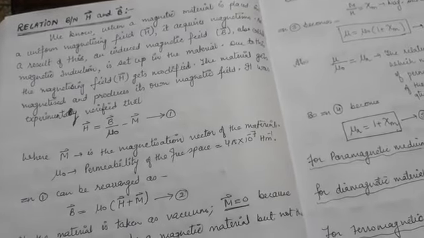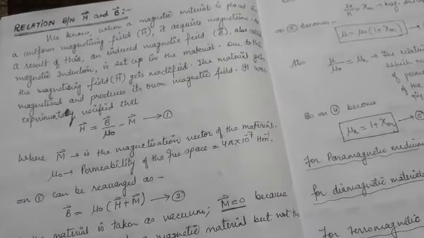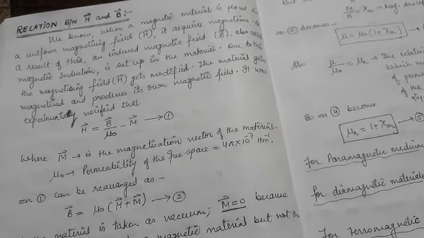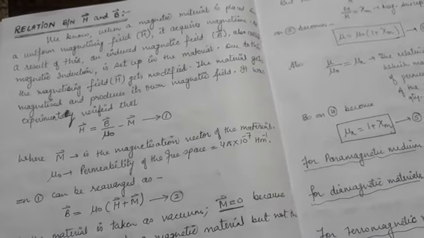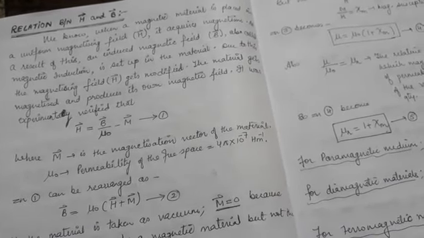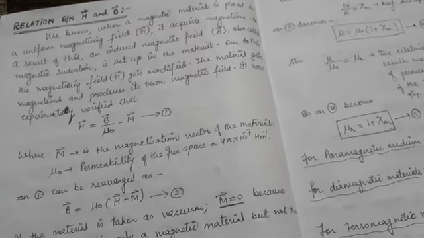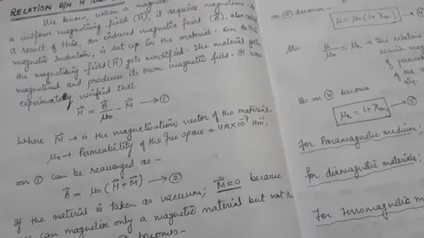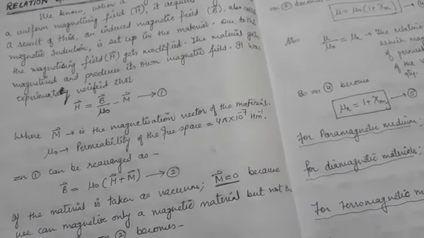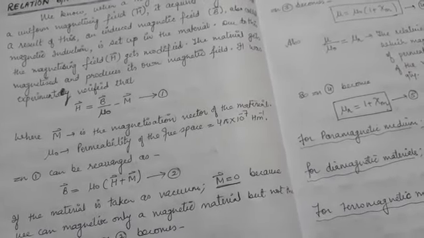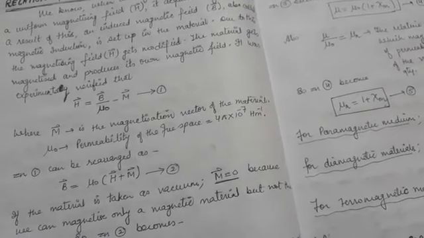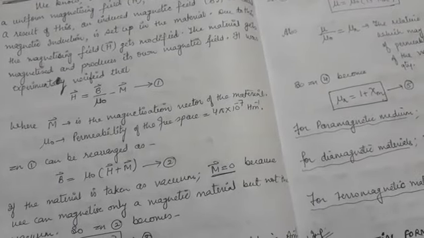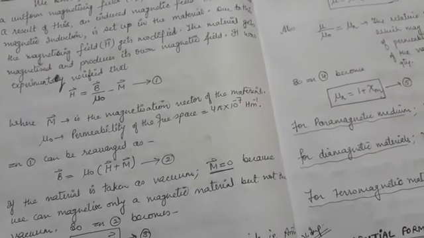So it was experimentally verified that whenever a magnetic material is placed in the external applied magnetic field H vector, the magnetic field inside and outside the material, both sides of the material, gets modified. So experimentally, the modification is given by equation number 1, that is, the magnetizing field H vector equals B vector upon mu naught minus M vector. This was an experimentally verified result. So what is M vector here? It is the magnetization vector of the material, magnetic moment per unit volume.